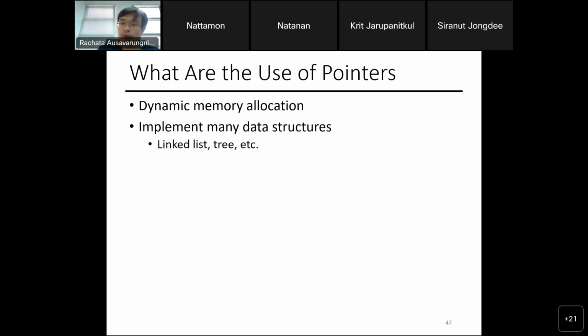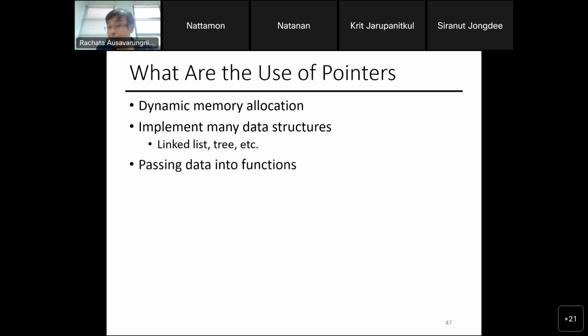If you are in the DSOOP class, or you plan to take the DSOOP class in the future, you can implement these data structures that you learn in DSOOP inside the C language through pointers and structs. Basically, a struct creates the basic single item, and then you use pointers to link them up into a form like a linked list, for example. We will teach how a linked list is managed and done. This is the part we will be teaching you for sure, coming up next week. We will not talk about the tree, so those are in DSOOP.